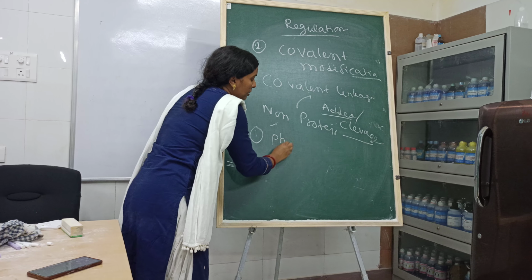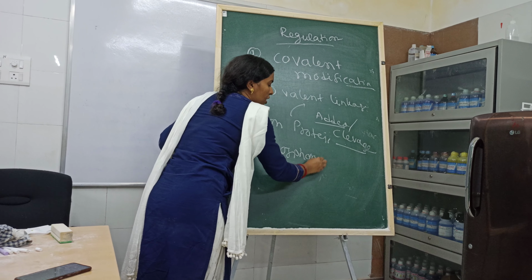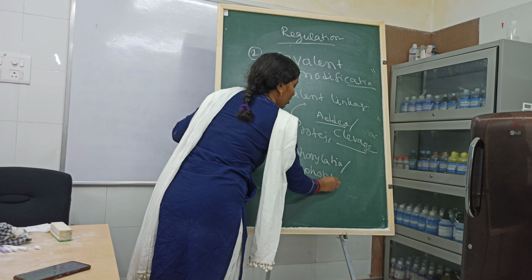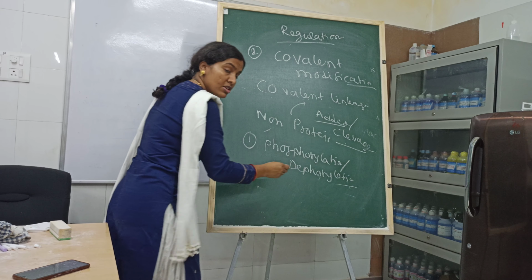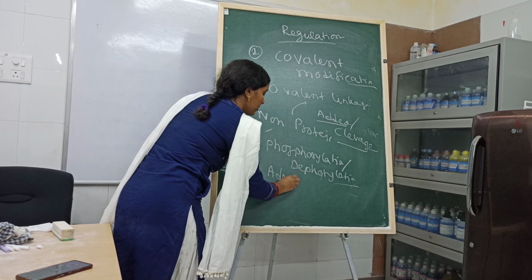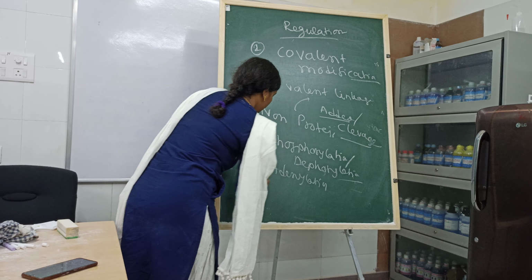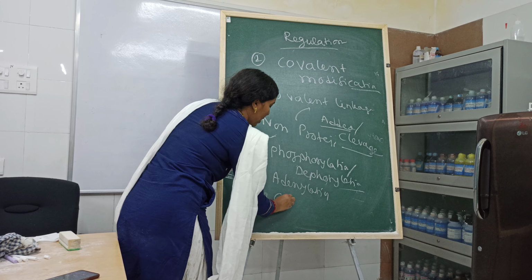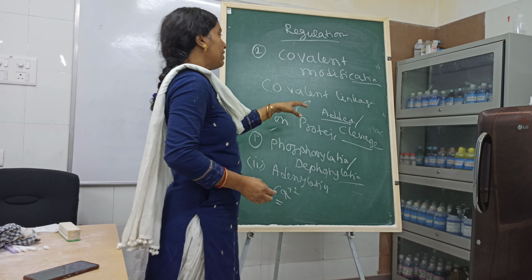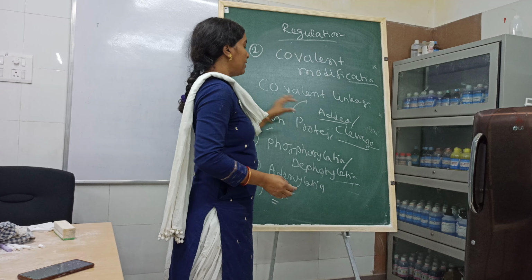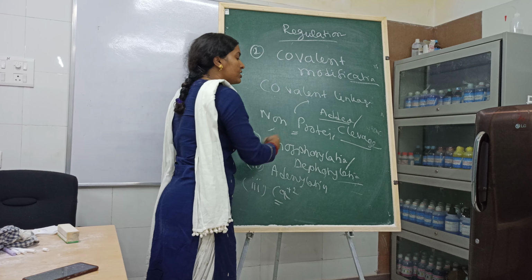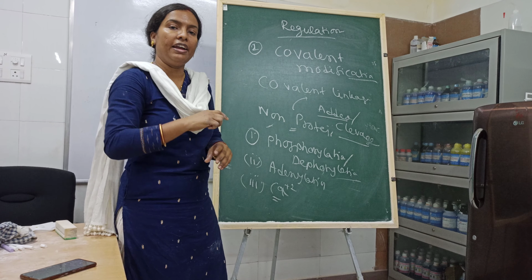This can be done via phosphorylation, dephosphorylation, where a phosphate group is added or clipped, via adenylation, and via binding of calcium. So what happens when this non-protein part, this usually charged group, that is a phosphate group, adenylate group, or calcium, all are charged? When they are cleaved or added,